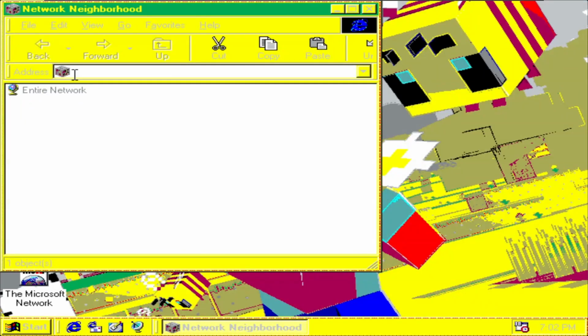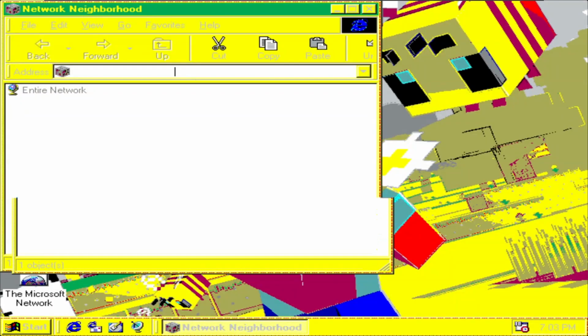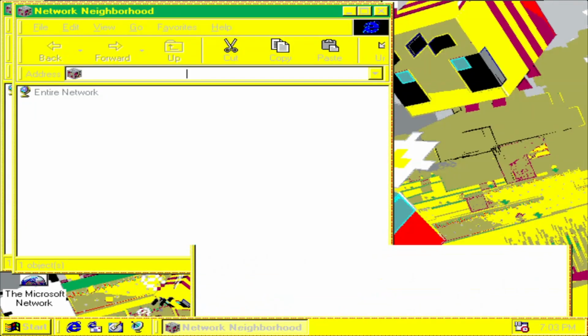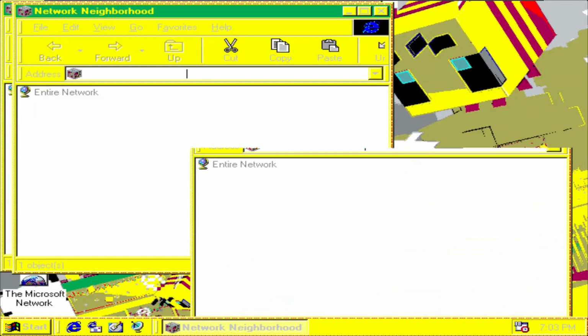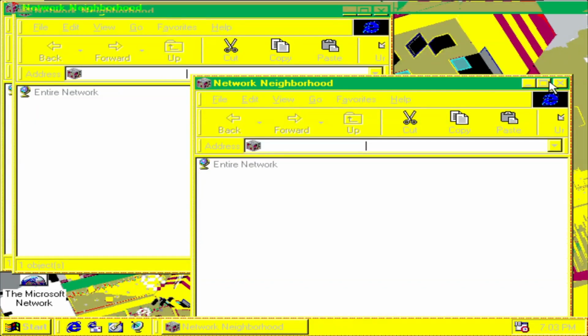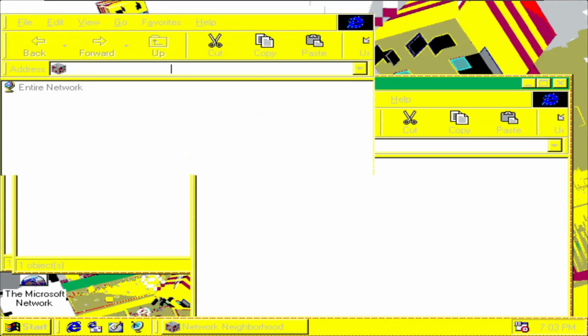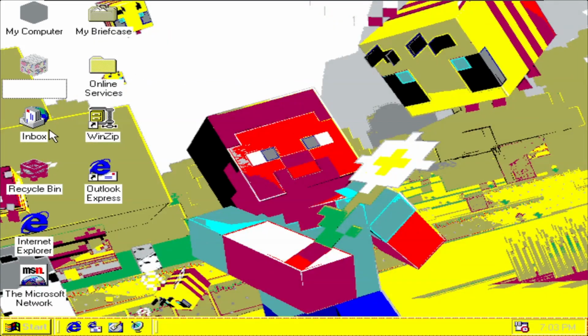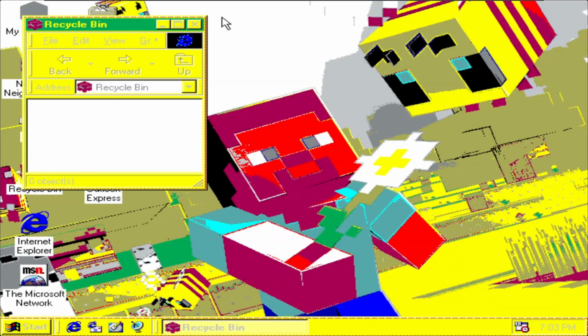You can see it's even taking place in File Explorer or the network neighborhood. It's also in title bars. So yeah, it's really nice that it's in title bar. Anyways, attempting to close this is a bit strange because there are two of them now for some strange reason. And great, we have accidentally full screened it. This isn't really easy. Anyways, opening up other things, the recycle bin is actually a cauldron, and well, it's a